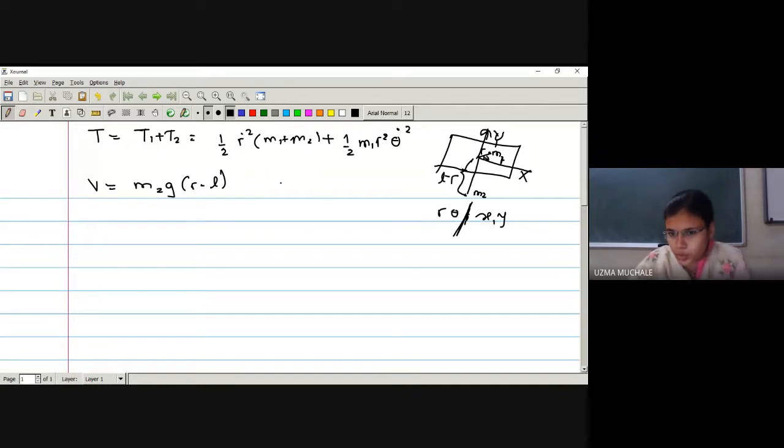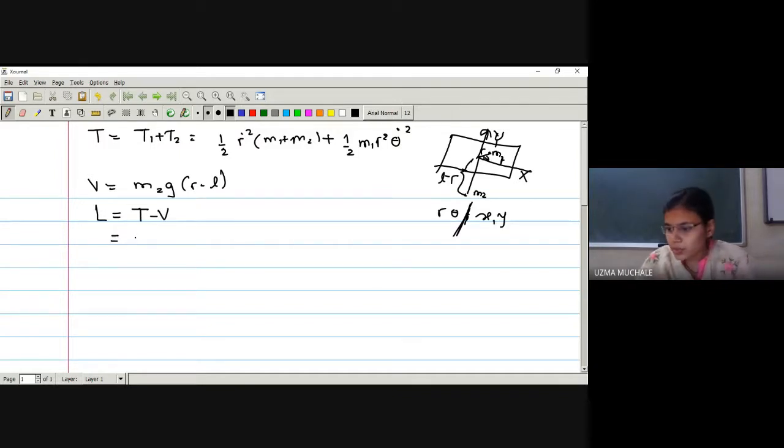I think there is no need to repeat these things, because if you want, you can go back to YouTube and see the lecture. Two masses connected by a string, r is the distance of mass m1 from the origin, theta is the angle made by it, m2 is another particle of mass m2, and L minus r is the distance of m2 from the table. r and theta are sufficient to describe the position. So we have already seen these things. Now, the new Lagrangian function in this case that we construct is T minus V.